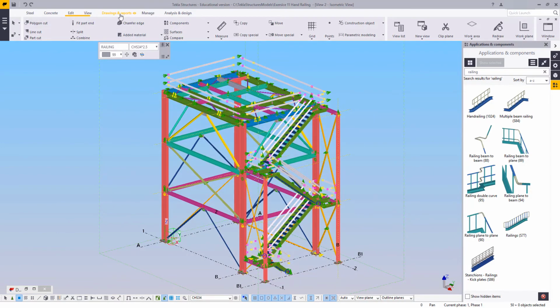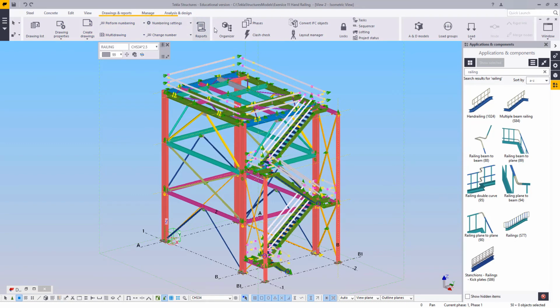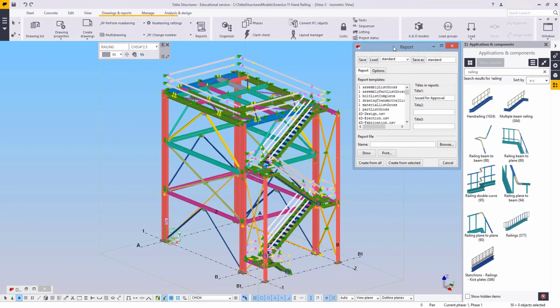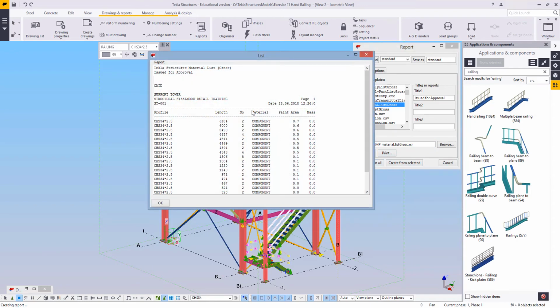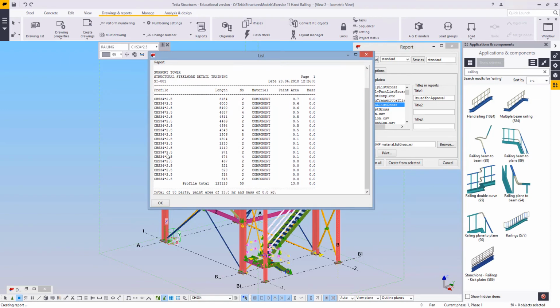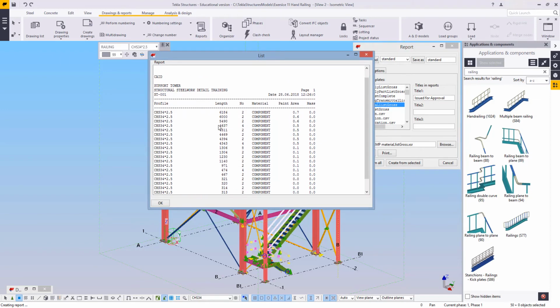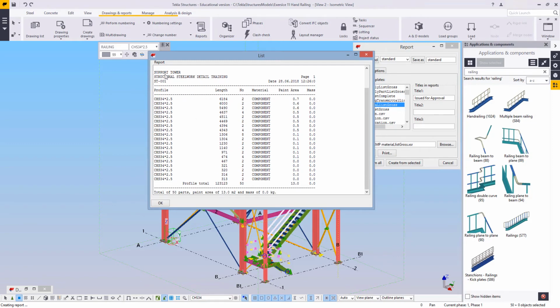Great. Now once that's done, we're going to head on over and create a report. For this report, we are going to need a material list. We want a total of everything. And I'm just going to change the name to 10 so that I can remember to delete it. And create from all, well, select it on all, and then show. And this will be just the handwriting and knee-roll pipes, which we can just check here. And with a material list, it totals up our value over there, which gives us